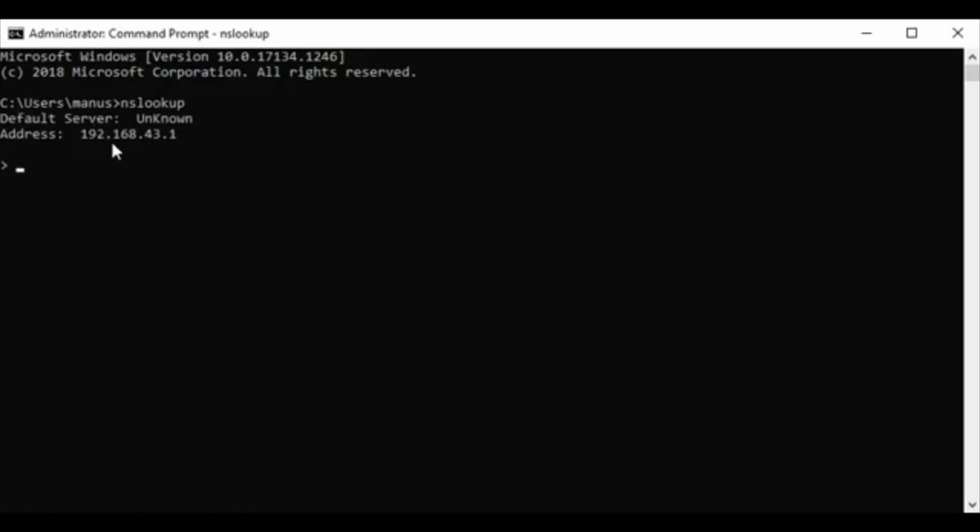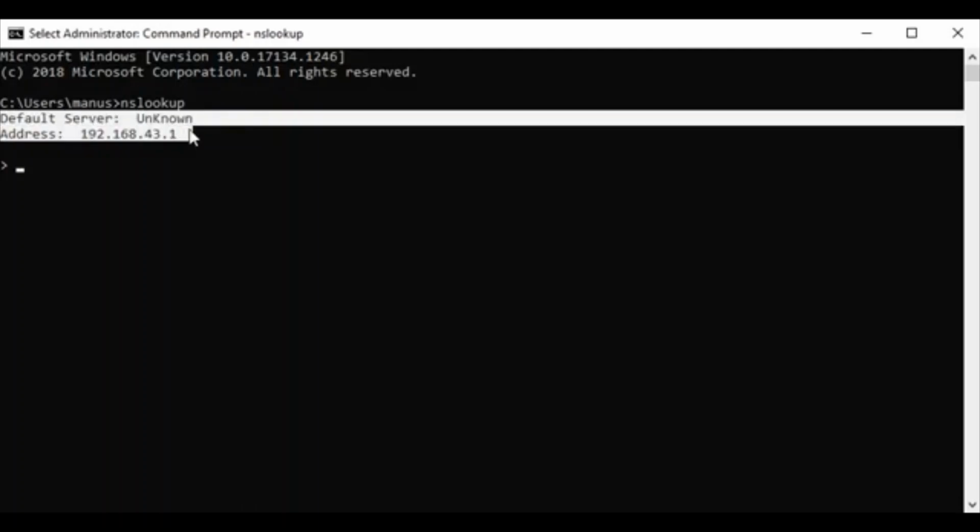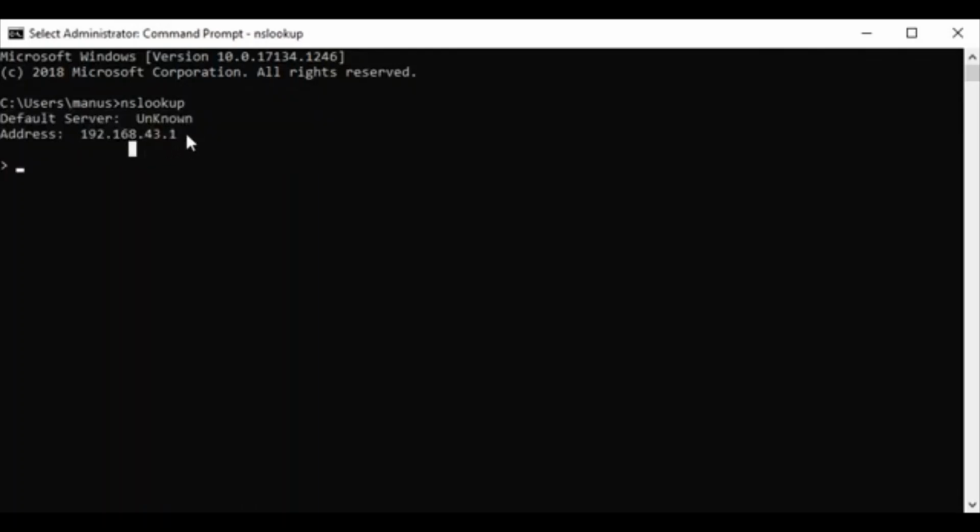So what you see here is the DNS server information to which the DNS queries are being pointed. So now you can see 192.168.43.1 mentioned as the address. Currently any DNS query that I do from this prompt would be sent to this particular IP address. This is a DNS server given out by my ISP. It's a local DNS server, right?